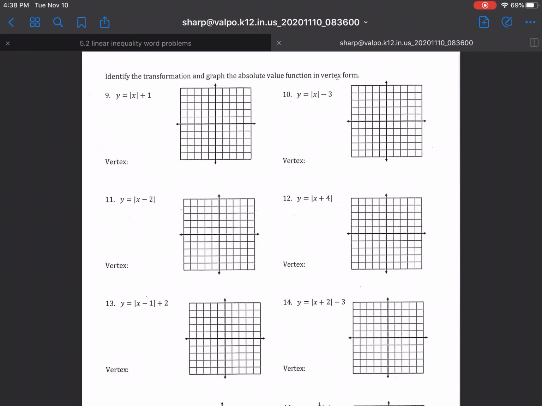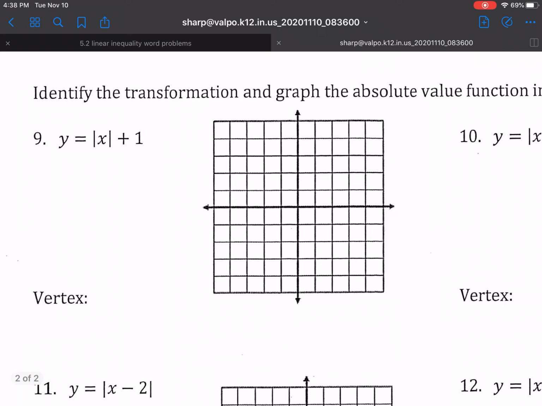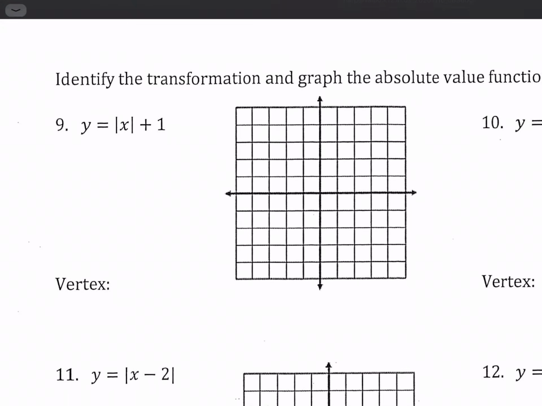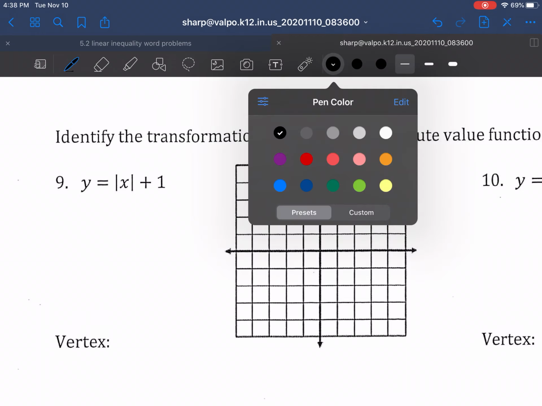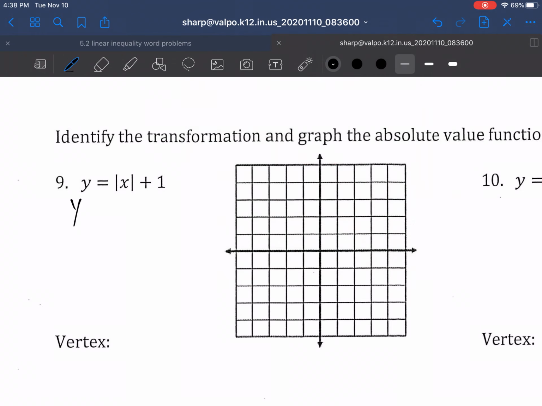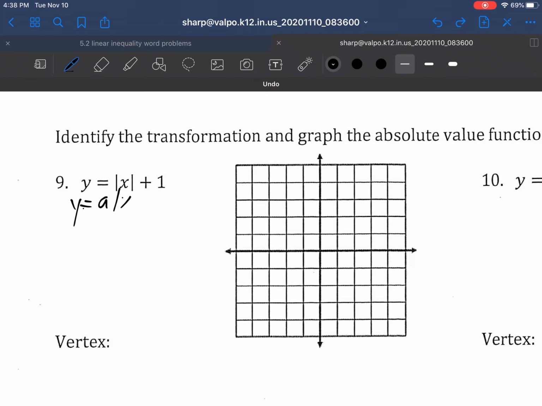Let's look at number 9 first. It says identify the transformation and then graph your absolute value. So for this transformation, you'd want to, again, line it up with what's the slope and is the vertex being shifted at all. Well, if I wrote y equals, there should be an a value and then an x minus h,